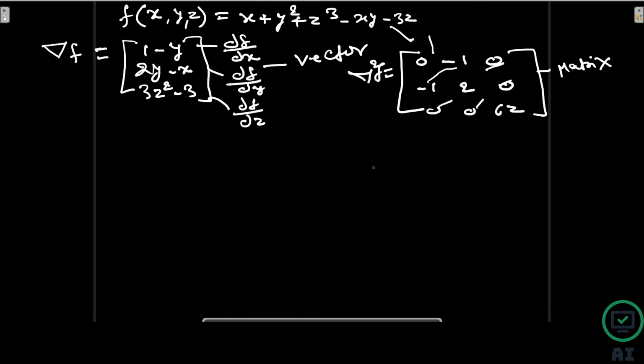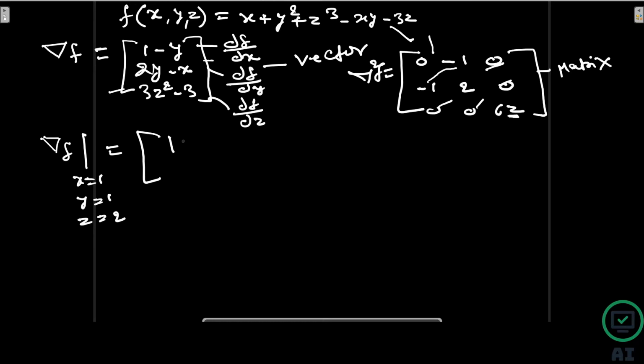So if you carefully observe, this particular matrix itself is dependent on one independent variable z, and of course the first derivative is very much dependent on independent variables x, y and z. So if anybody asks what is the first derivative at the point x equal to 1, y equal to 1, z equal to 2, just put these values in this vector.